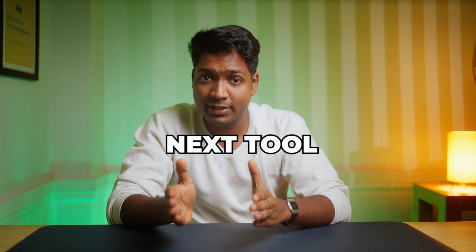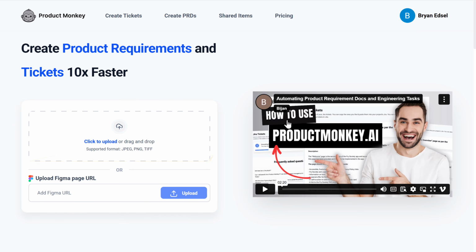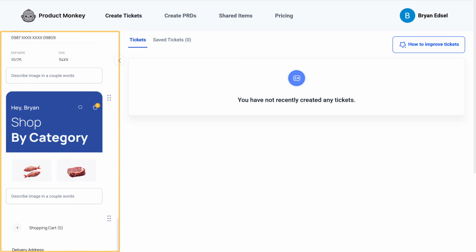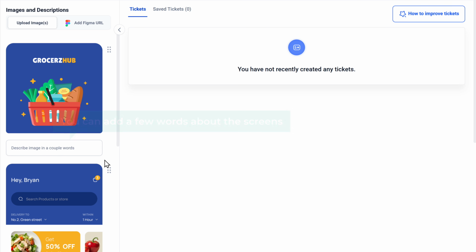So we are going to go to the next tool on our list, which is called ProductMonkey. This is another tool for turning your UI designs into full-fledged product documentation. Just like GravityDoc, you have options for uploading your UI screens, or you can also paste your Figma design URL directly. Once your designs are in, you need to describe each screen manually. You can add a few words about the screens,